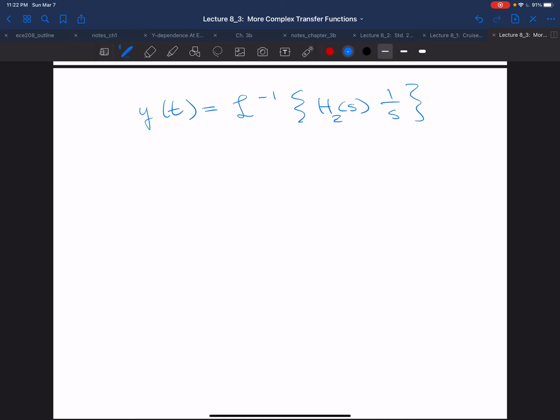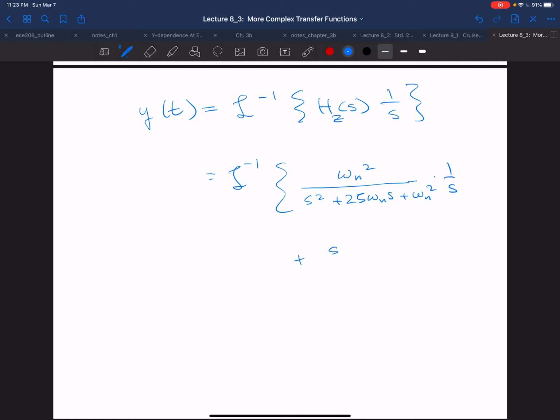Our transfer function in this case is Hz of s. So we can write that out this way. We can break up Hz of s into a standard second order transfer function times 1 over s